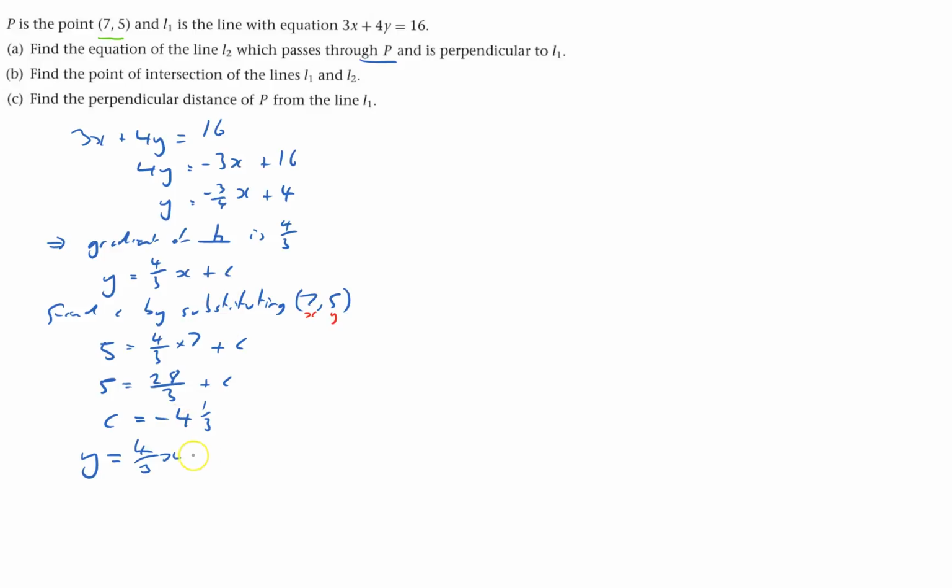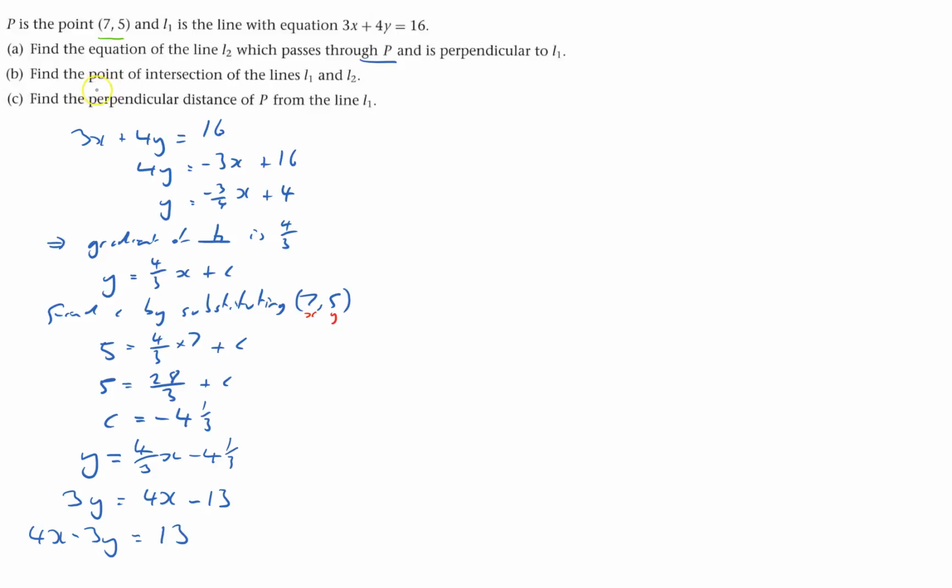plus c, which is minus 4 1/3, times everything through by 3, 3y equals 4x minus 13, because 3 times 4 1/3 is 13, and then I want to get it so it says 4x minus 3y equals 13. So that's done the first part,